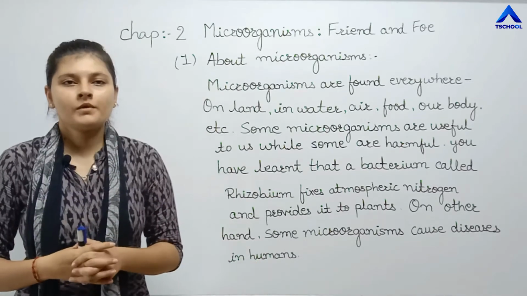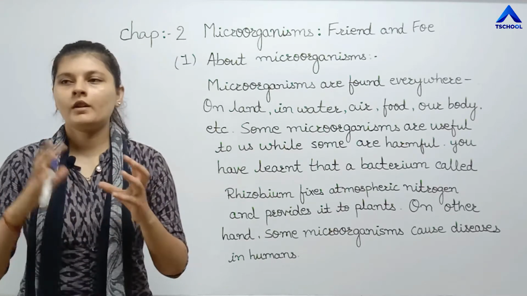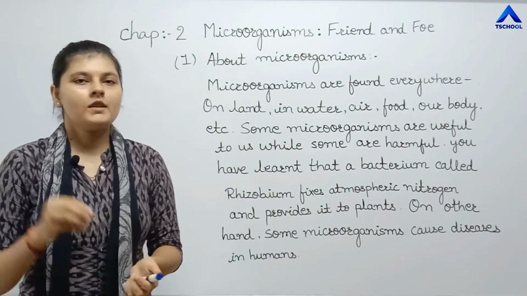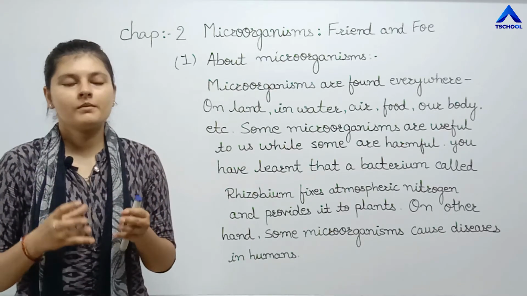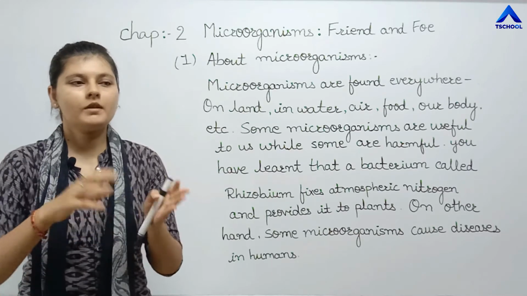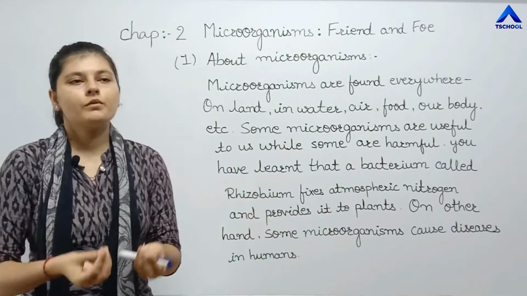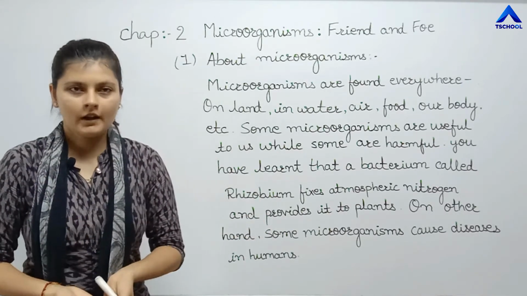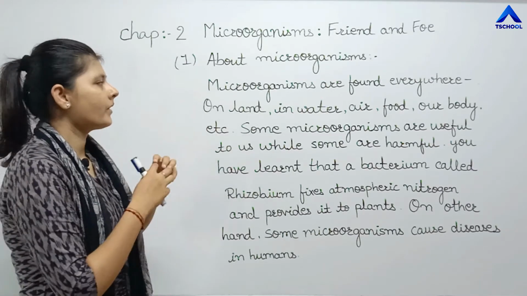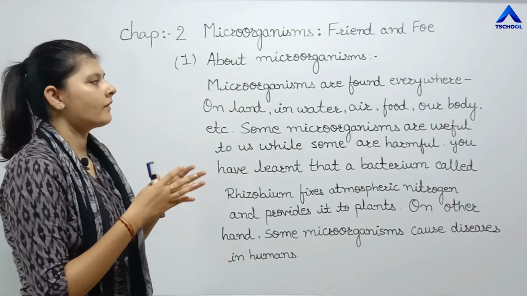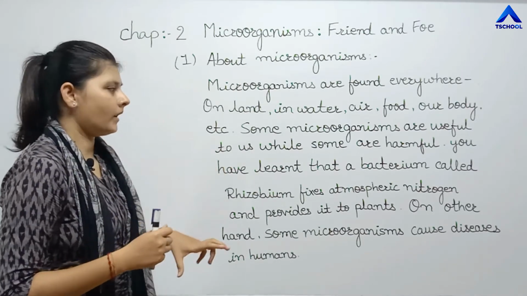You have seen in the monsoon season, on a bread, on a roti, or even on your shoe, or on the door, you can see black patches and green color patches. So these are the microorganisms which are harmful for us, right? Because of the microorganisms, the roti, the bread gets spoilt, right? So these are the things about microorganisms, that they are found everywhere, even on land, water, air, food, even in our body also. Some are useful, some are harmful, right?